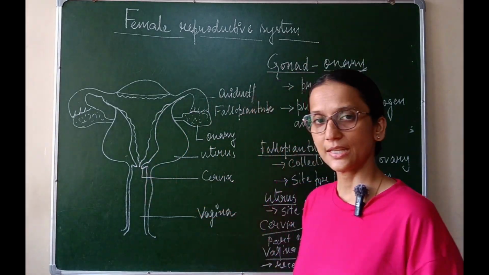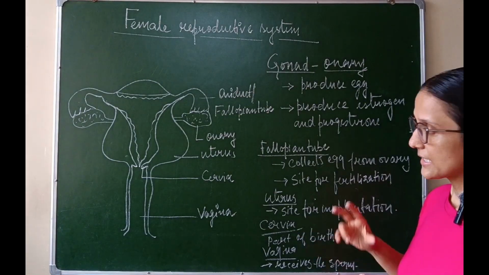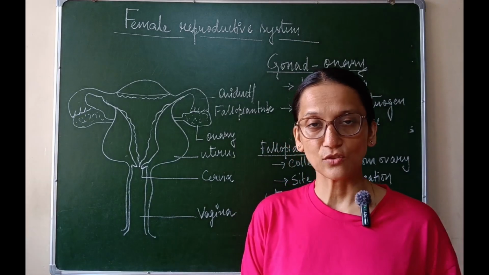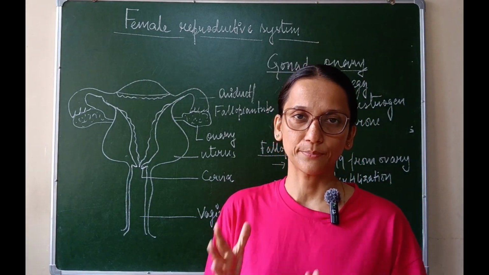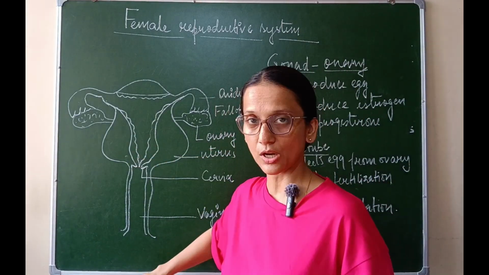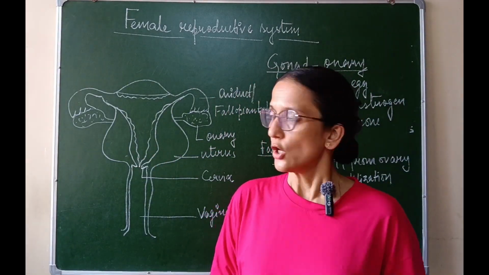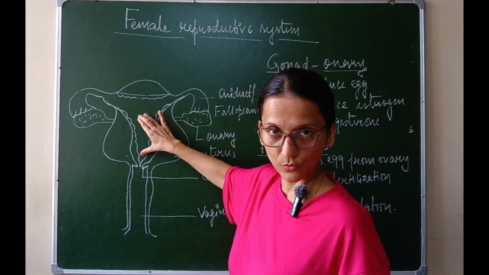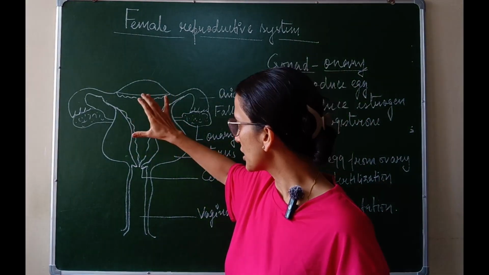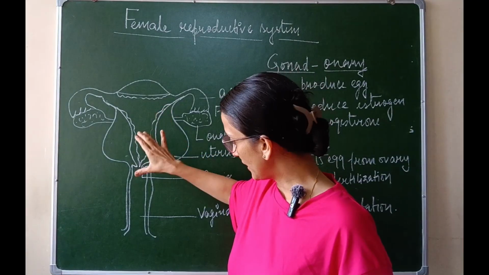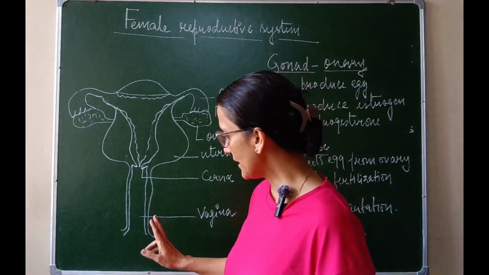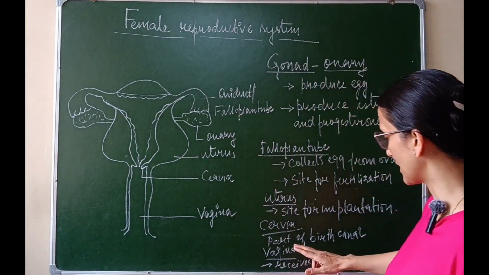Right after the uterus there is a part which is called the cervix. The cervix is the structure which is right between the uterus and the vagina, and it is part of the childbirth canal. The childbirth canal is the place through which the baby is pushed out of the mother's body during delivery. So the baby or the fetus develops inside the uterus, but when the time for delivery comes, the child or the fetus is pushed from the uterus, then through the cervix, then through the vagina outside the body. And the last structure in the female reproductive system is the vagina.